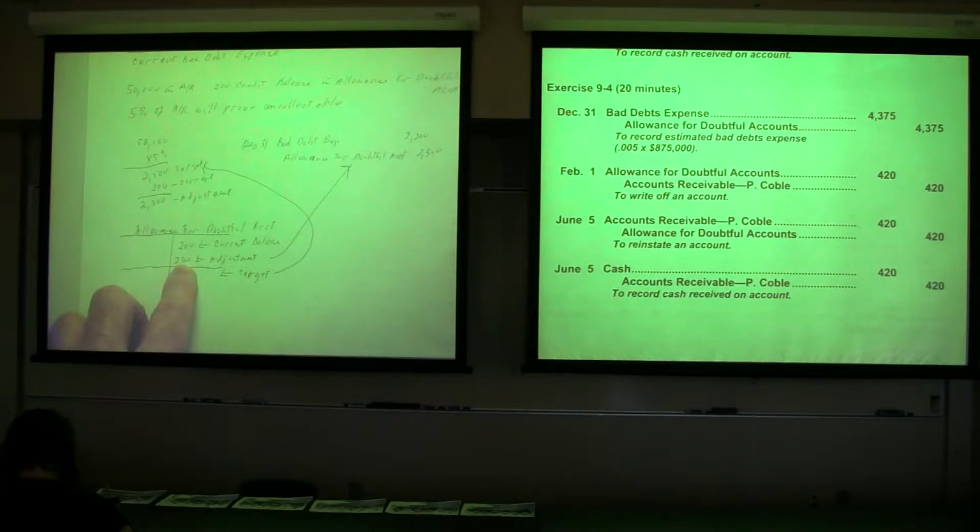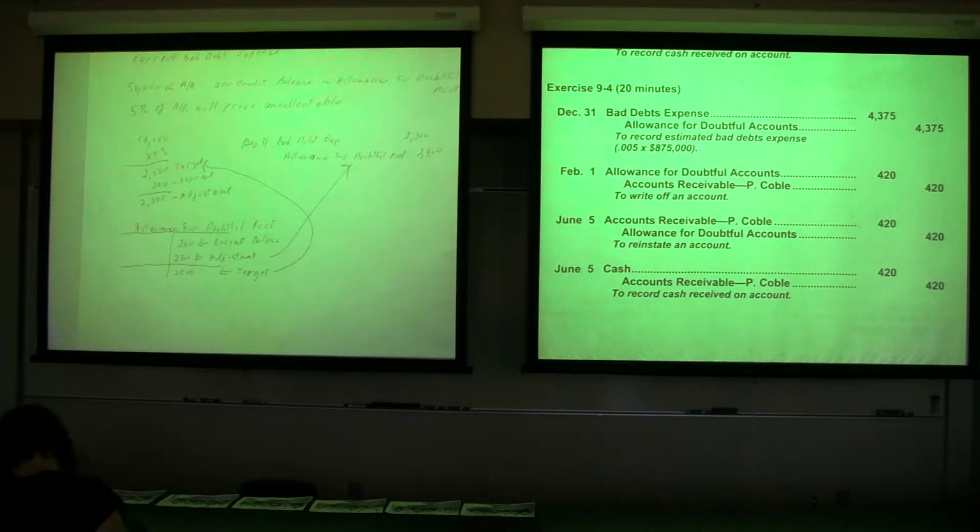So now your balance sheet will have accounts receivable 5,000 minus allowance for doubtful accounts of 2,500. The difference will be your net realizable value. Does that make sense? And that's why it's done that way. It's because you're adjusting the balance in the permanent account. Okay? And it's the balance. Is everybody okay with that? Okay? Now,